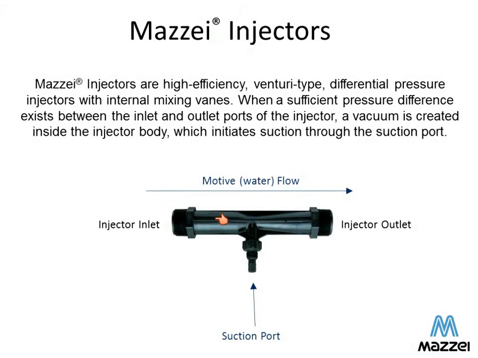is an injector, and we're just going to talk briefly through some of the vocabulary and physics behind how this injector functions. First thing I'd like to highlight is the terminology that we use for the water that flows through the body of the injector. This is the motive flow. The injector inlet is what we call the inlet of the motive flow, and the injector outlet is the outlet